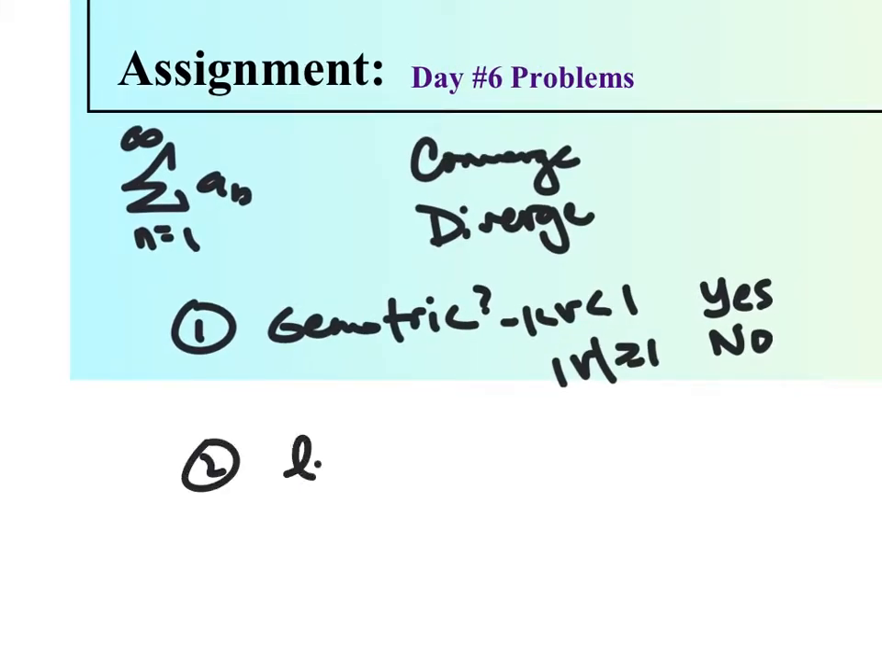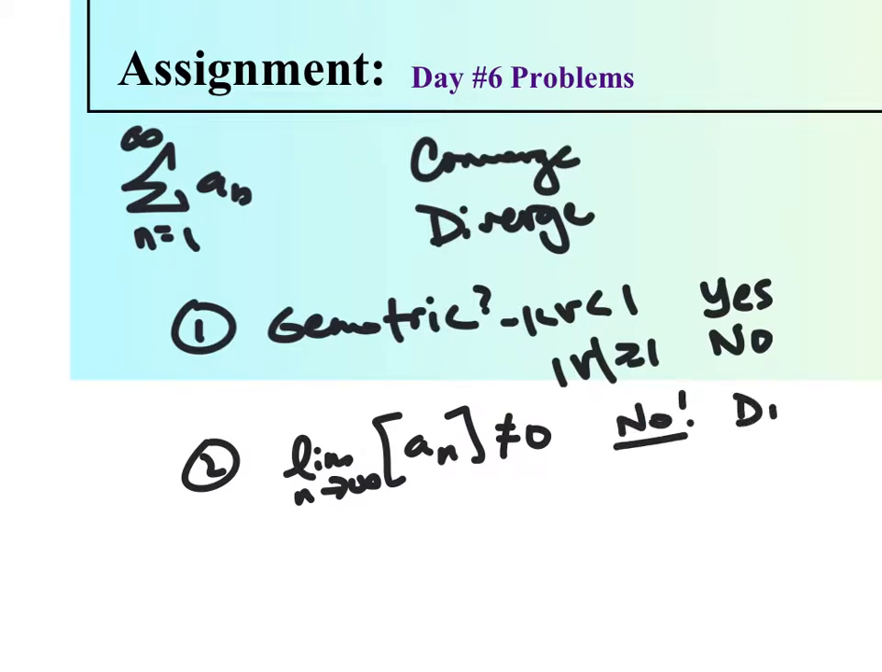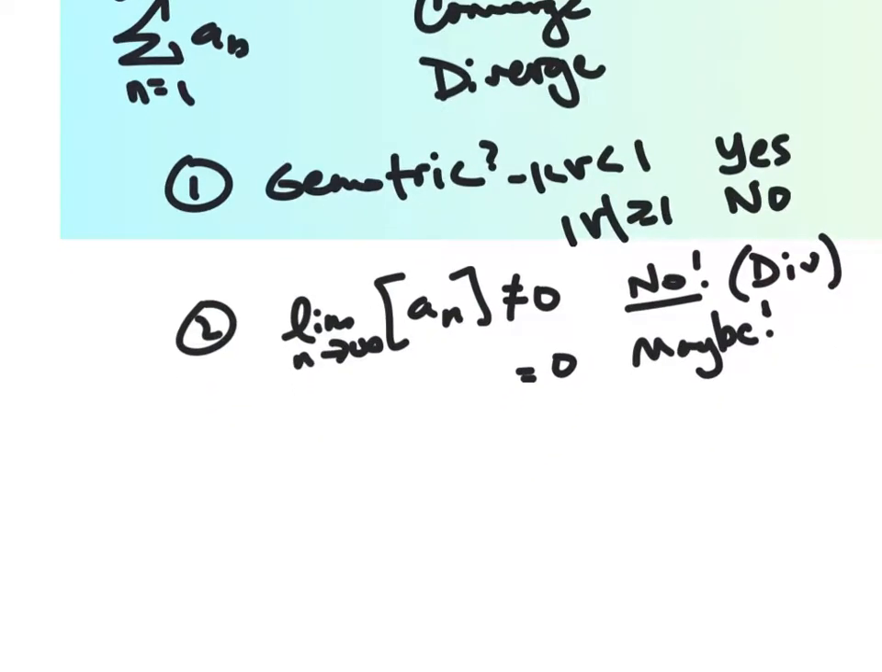Second thing you should do is take the limit as n goes to infinity of said sequence. Just the sequence. And if it's not equal to 0, you could say, nope, divergent. If it's equal to 0, you could say, maybe. And then from there, the only test we've got so far at our fingertips is the ratio